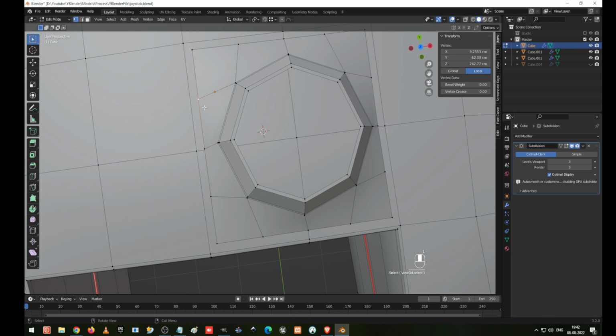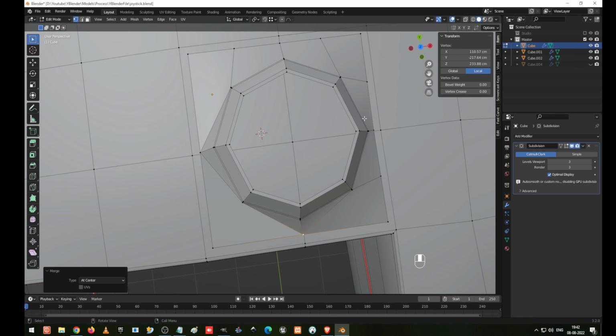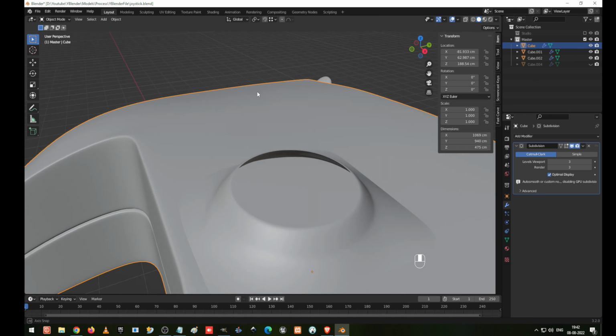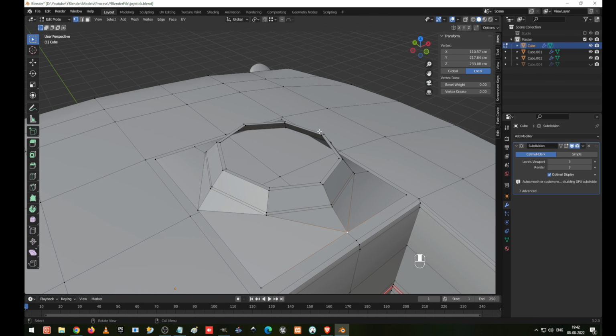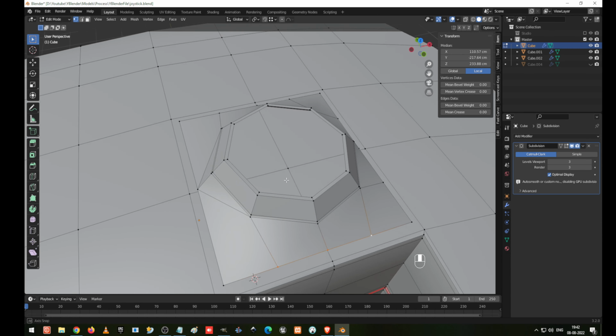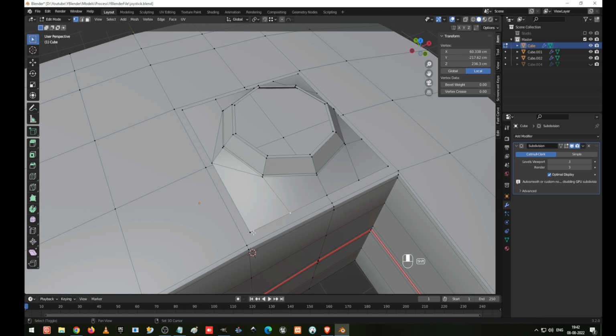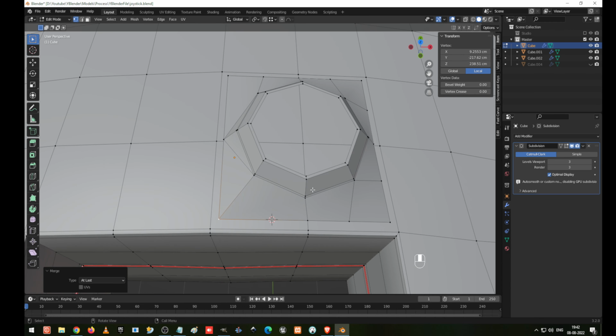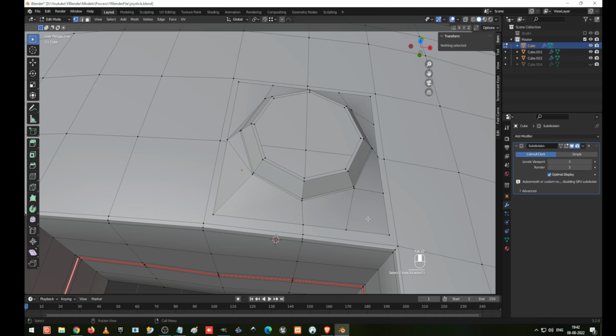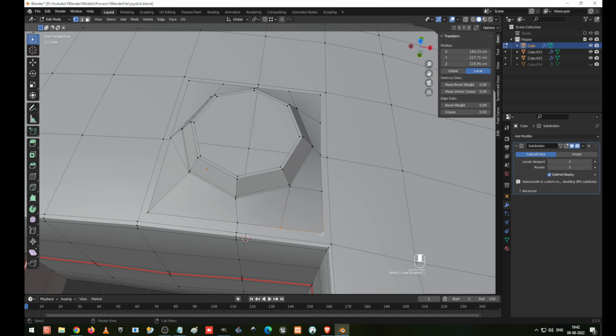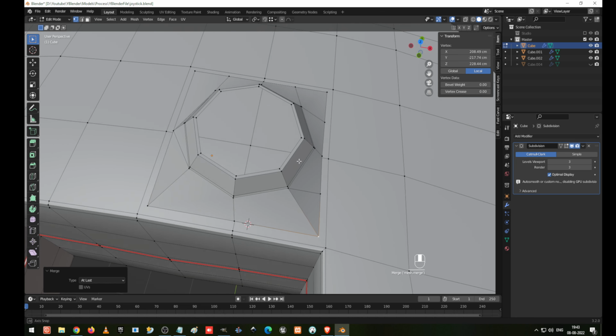And now what I am going to do is go to edge selection. I am going to select these edges, press M and merge at center. I am going to select this one, press M, merge at center. Okay, let's see how it looks. So I just undo it. Okay, here I select this last one, I press M and merge at last. Okay, now that same thing I'm going to do it here, press M and merge at last,